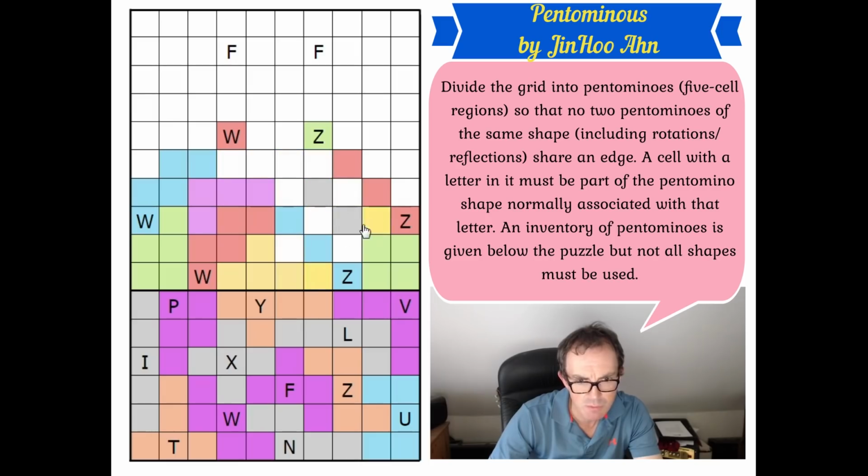It's a bit annoying because this is yellow. Let me try and make that different. Let me make that grey. So of these 11 squares, 9 are catered for by existing coloured shapes we've put in the grid. 2 need to be got from elsewhere. So 2 have got to come in. Or another way of putting that is that...